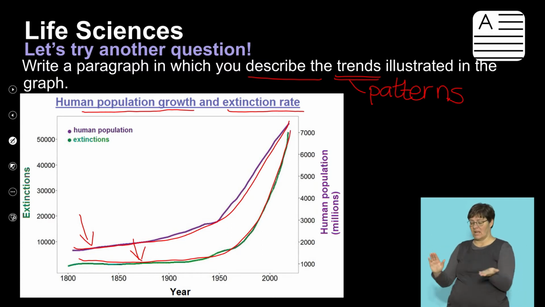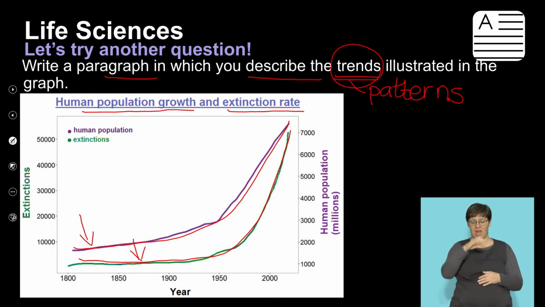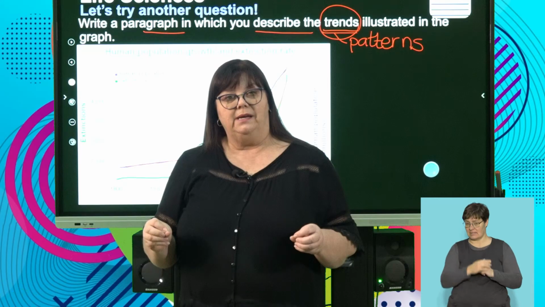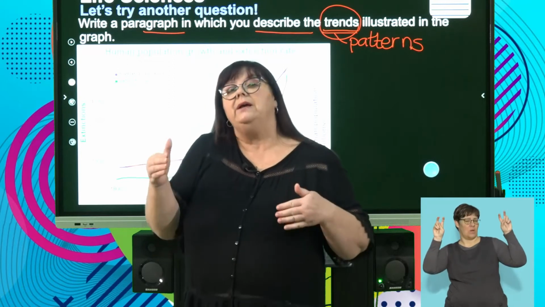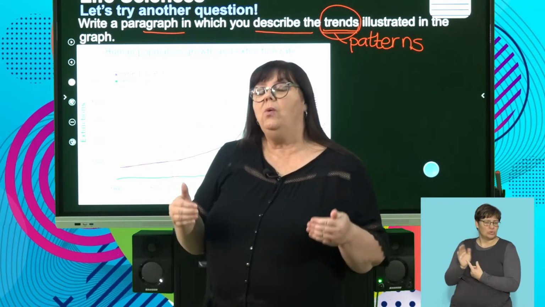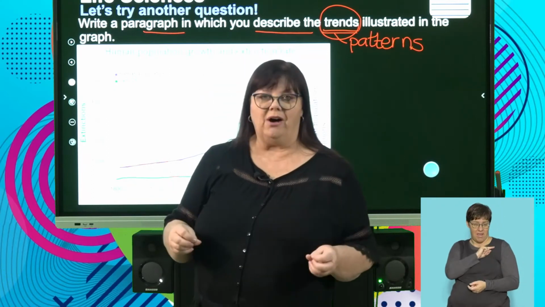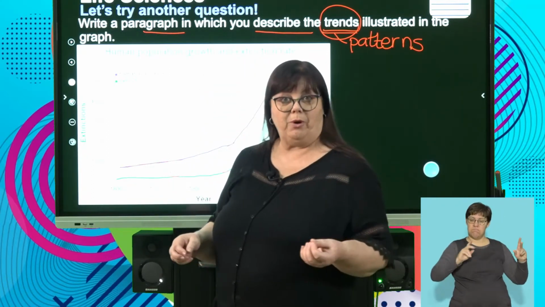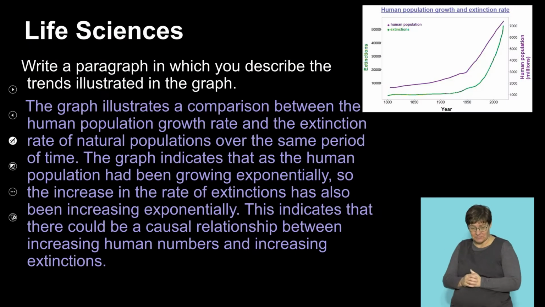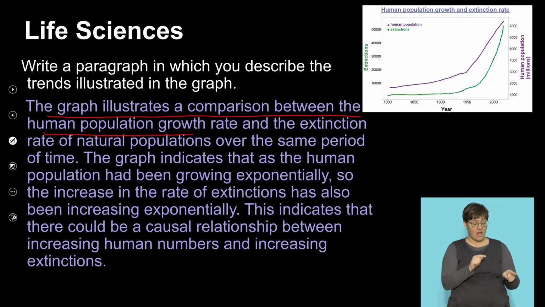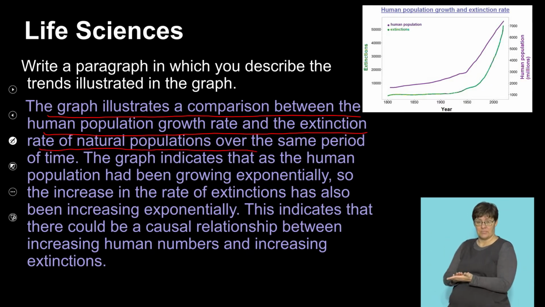So now we have to write a paragraph in which we describe these trends. What are we going to use as our topic sentence? I think our topic sentence really needs to indicate what the consequences are for an increase in the human population. So what was my paragraph? The graph illustrates a comparison between the human population growth rate and the extinction rate of natural populations over the